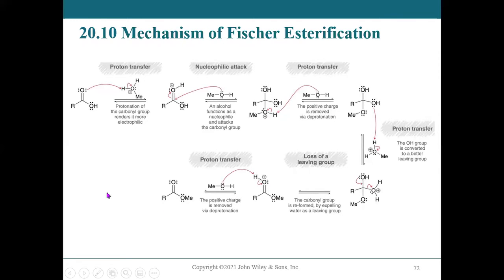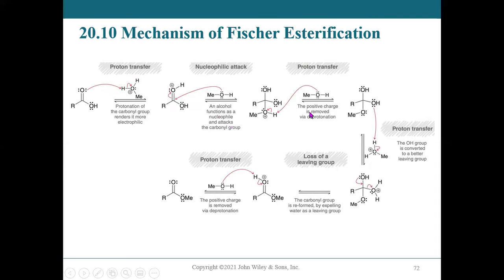There are quite a few steps. First step is proton transfer, because under acidic condition, proton needs this carbonyl group to render it more electrophilic. And once we have this protonated carbonyl, then the alcohol functions as a nucleophile and attacks the carbonyl carbon, producing this tetrahedral